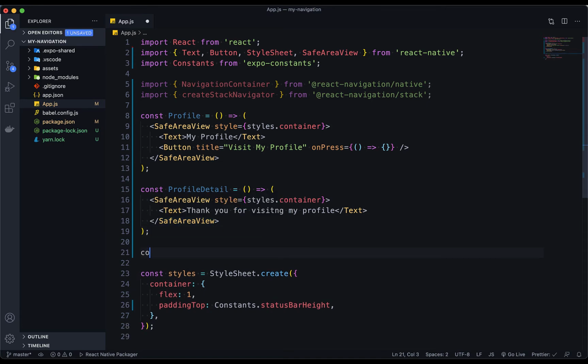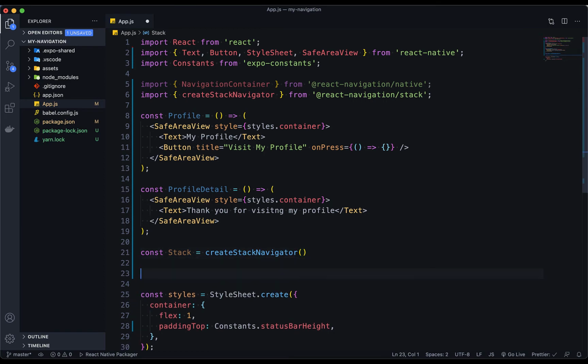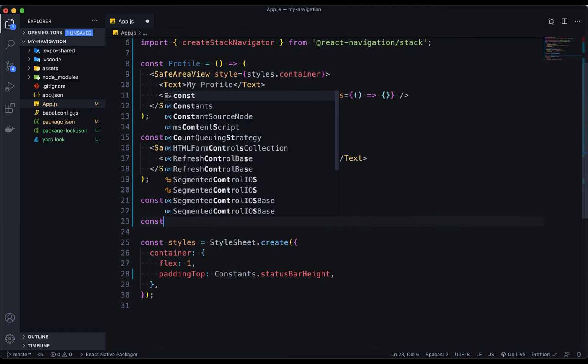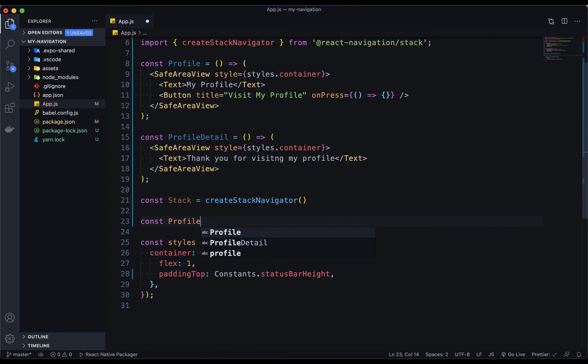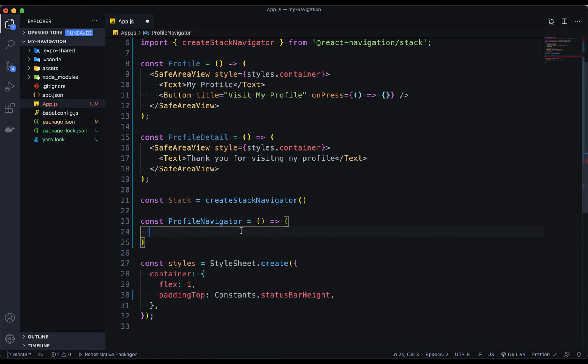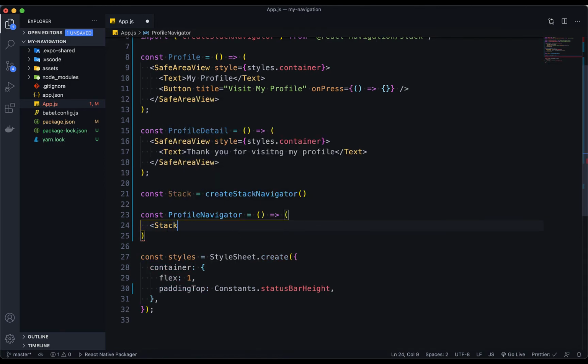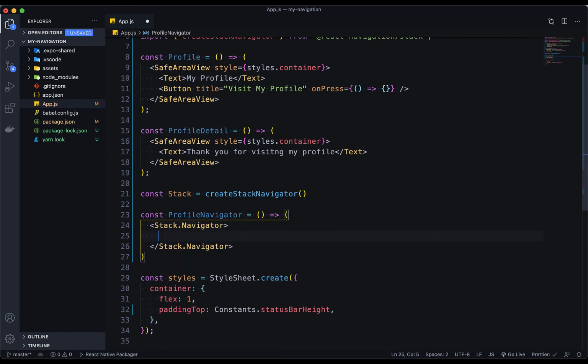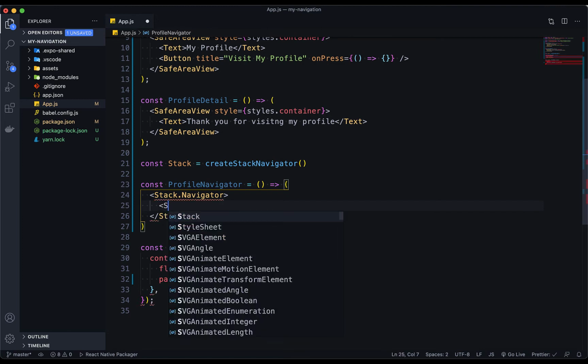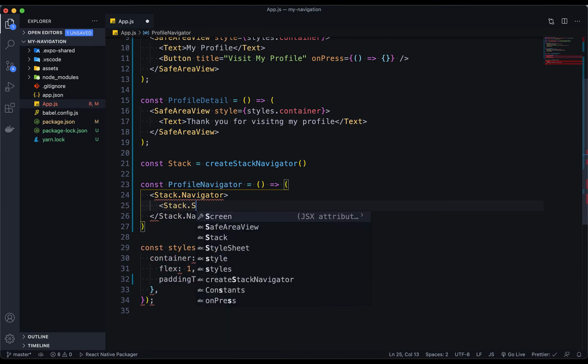Now that we have two screens set up, let's create the stack navigator. So down here type const Stack equals createStackNavigator, and then type const ProfileNavigator. This will return Stack.Navigator. Inside we need to add screens, so type Stack.Screen,